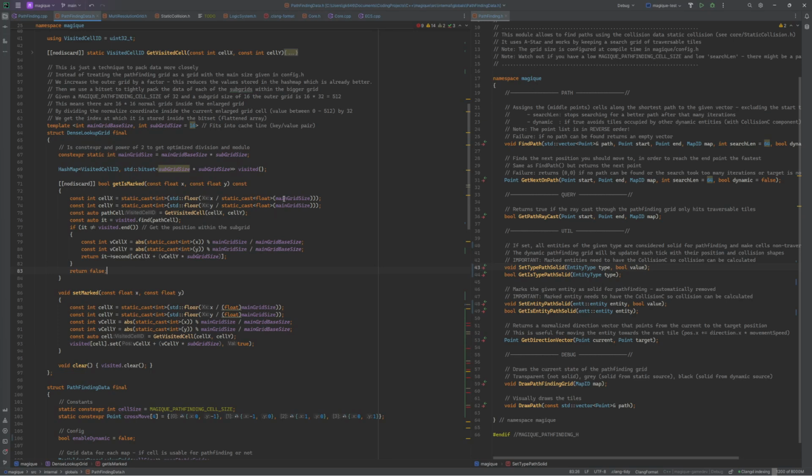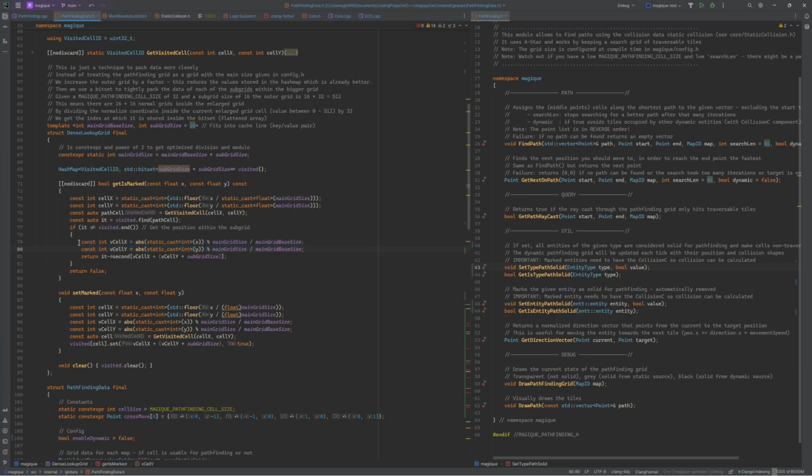But I mean, yeah, you just have a bigger grid, so you have the outer grid. So you get a value, like 350. You divide it by the main grid size, which is the power of 2, like 512. As we just said, 350 divided by 512. It's an integer division, so it's 0. Cast it to an int, it stays 0. So you have the outer cell, you're in the 0 outer cell. But then,